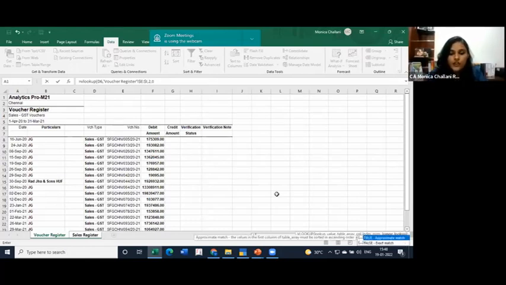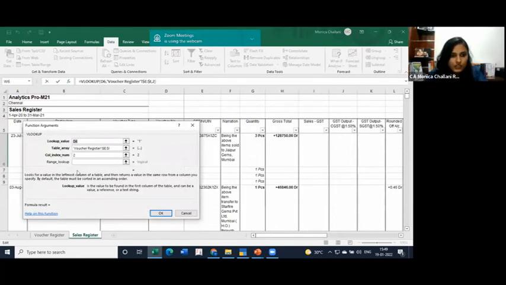Comma, if you want an approximate match, or you can just click on this FX button. It will give you all the details. Now, if you want an exact match, then you have to press false or 0. If you want an approximate match, you can go for true or 1. In our case, we want the exact match. You either type false or 0. If you open this FX button, it will become even simpler because you'll be able to see